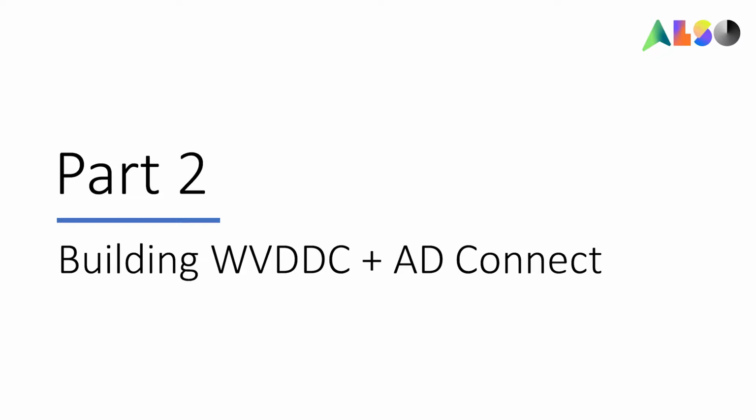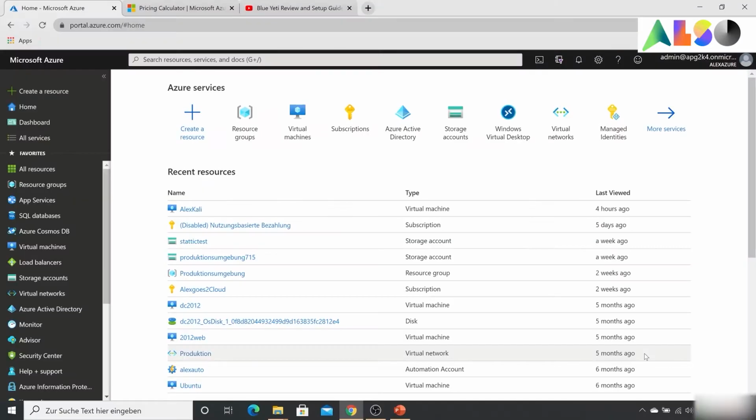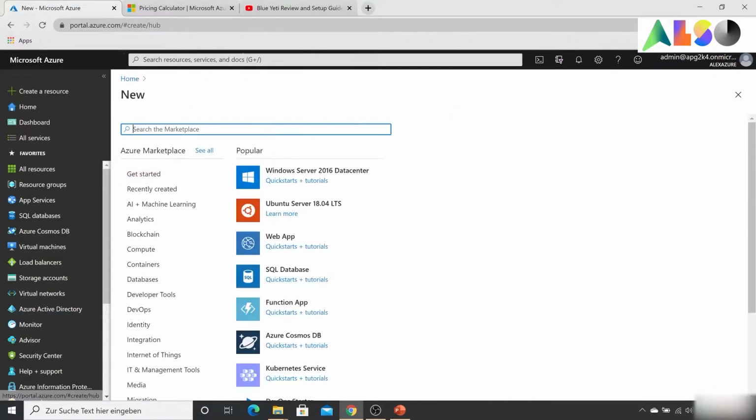In this tutorial we will cover the creation of the domain controller and the Azure Active Directory on there, and the installation of RDP Connect. Also we will add some users and an organization unit that we can sync for later use, so we can use GPOs on that. So at first we need two resource groups, and